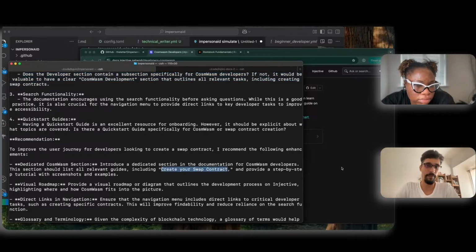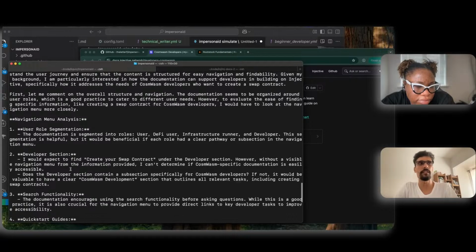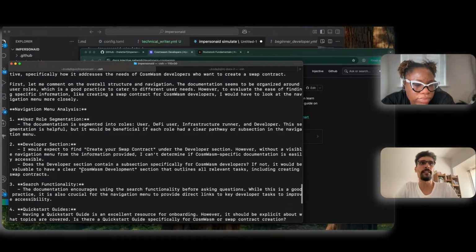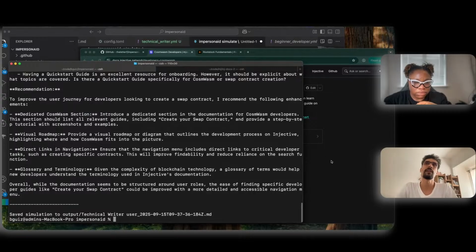That is a bit of a miss, because I would have expected a human to miss it if they sort of misunderstood the instruction or we didn't specify that it was specific to CosmWasm, right? But given that we had, a human would have found it. So yeah, very happy initially with what the tool did, but then